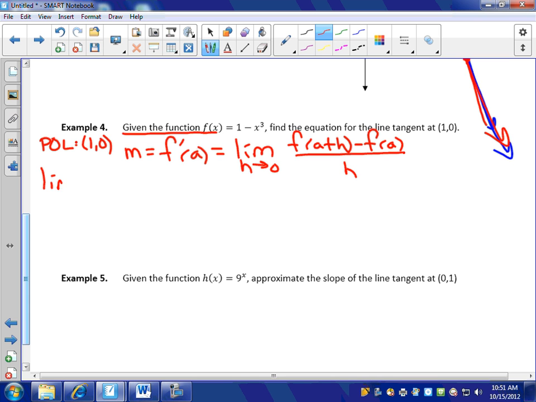What do I have? The limit as h approaches 0 of what? One minus, parentheses, to the third, good. Minus 0 all over h. Well, I have my function, which is 1 minus x to the third. I plug in 1 plus h for x. So 1 plus h for x. Then I subtract off